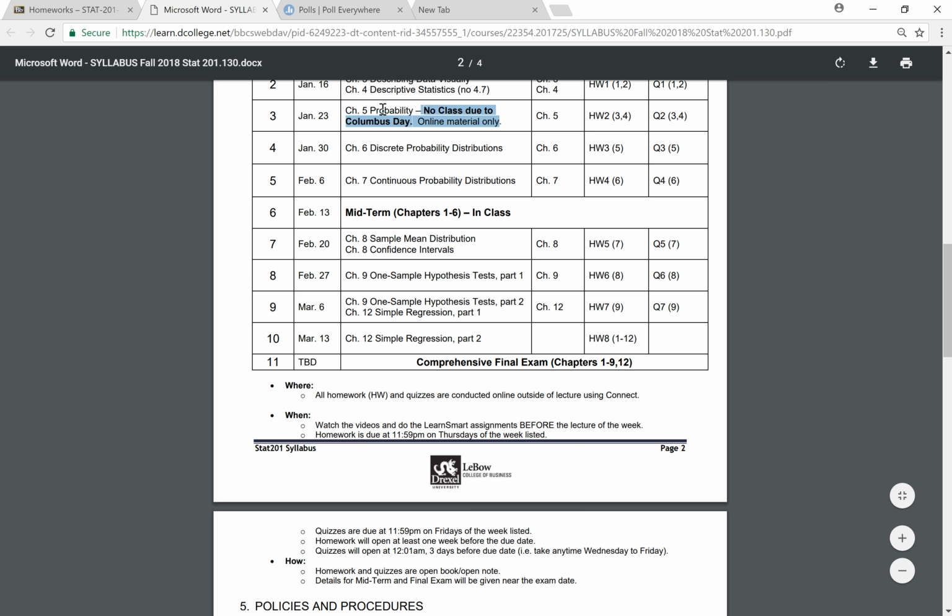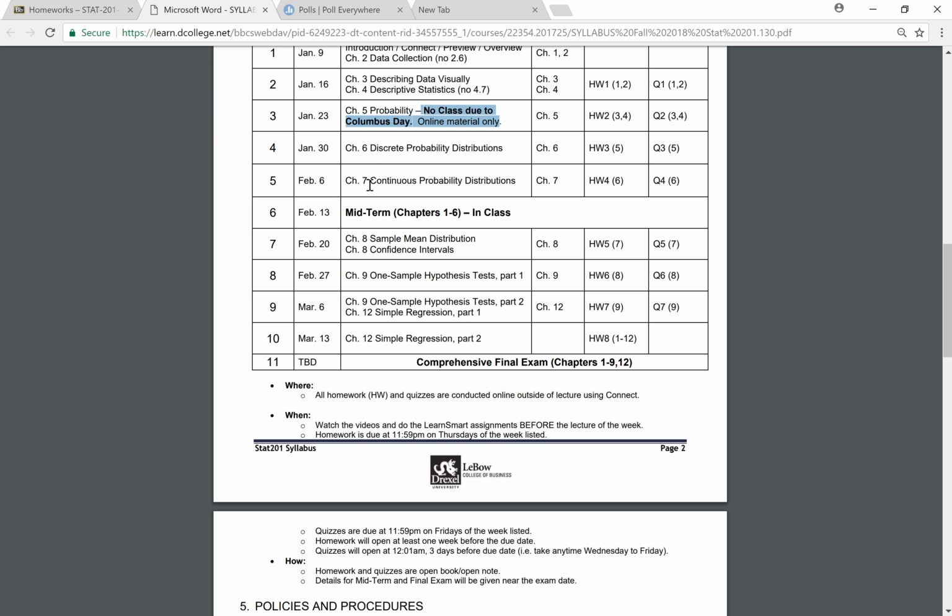Okay, so after we talk about probability, we're going to deal with discrete random variables, and then continuous random variables will be chapter 7.